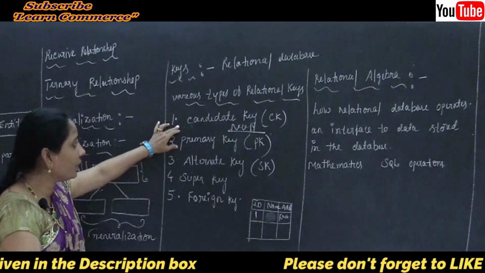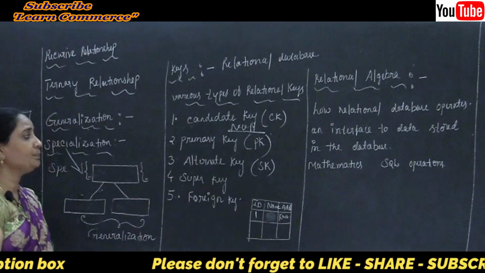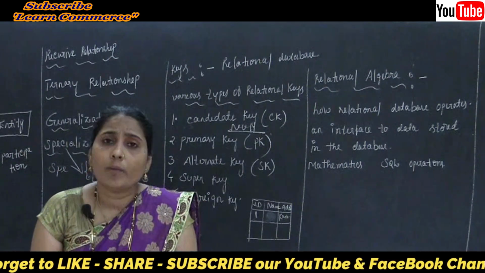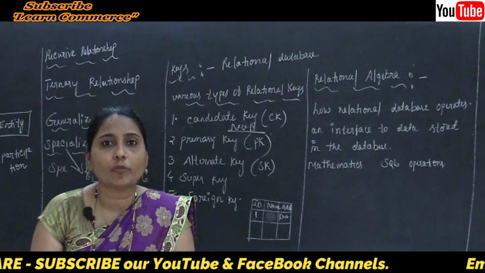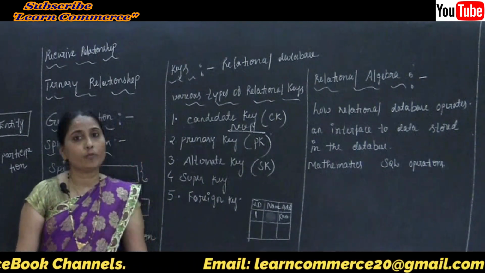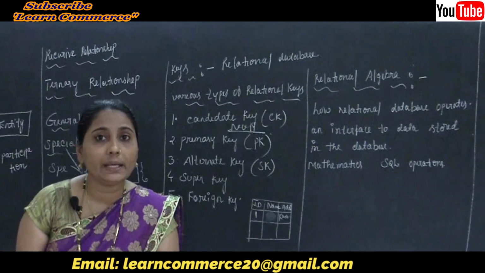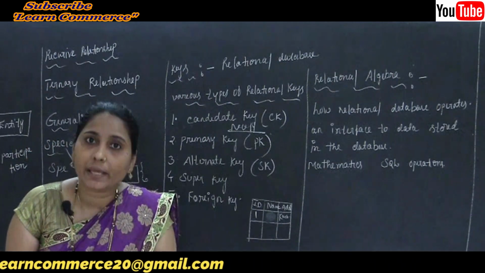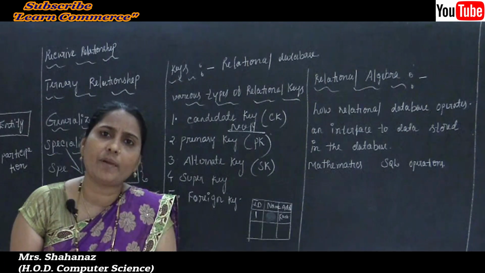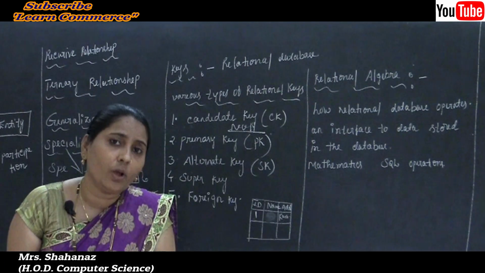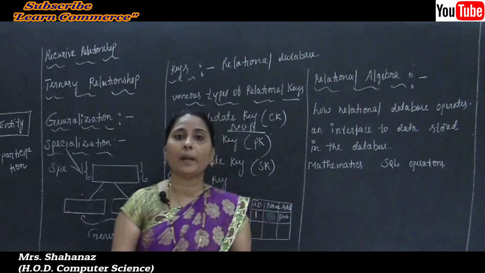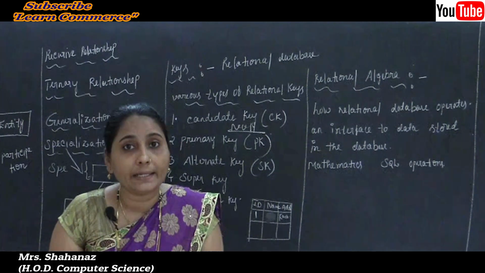And after that, let's move to the next thing, our primary key. So what about the primary key here? The short form of primary key is PK. Clear this one? The full form of PK is primary key. So the primary key is a candidate key. So what's the meaning of the candidate key? That means the value is not going to repeat. Correct? That's called the candidate key. So we can say that the primary key is a candidate key here.